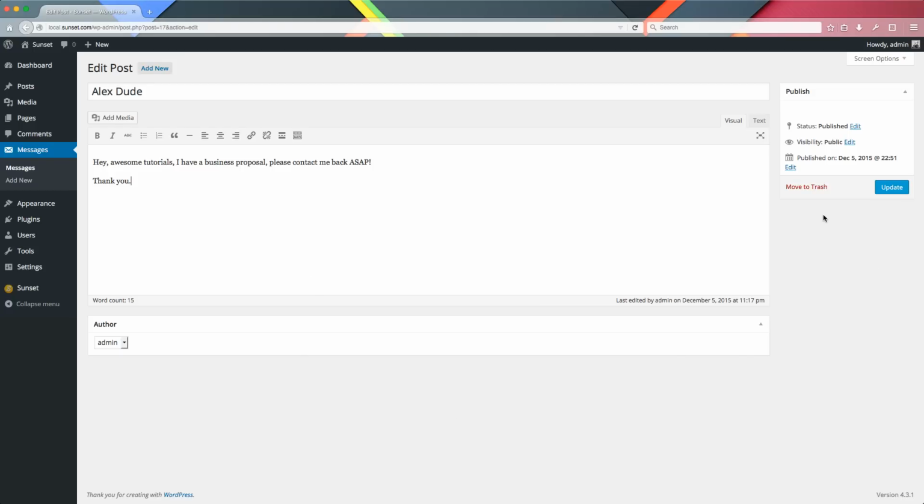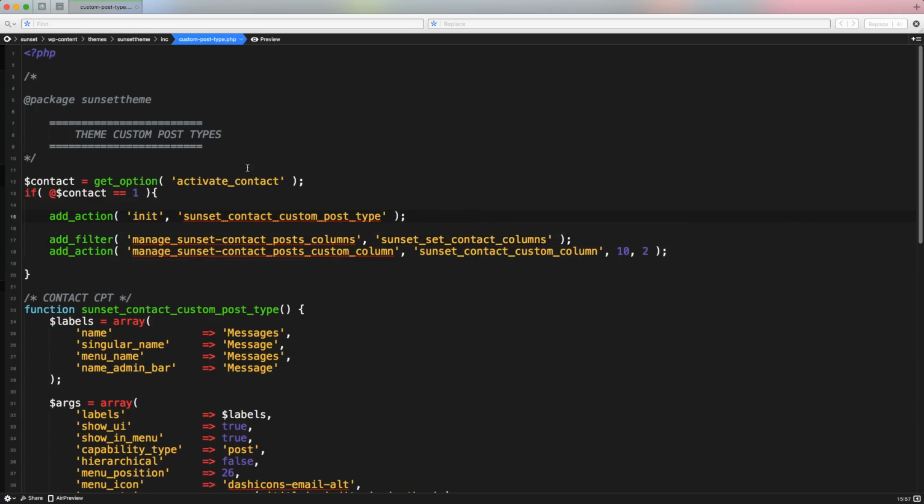WordPress gives us the ability to create a custom meta box to create and save whatever data to all the posts or pages or custom post types that we want. So let's take a look at how to do it. Let's access our text editor and let's stay for now in the file